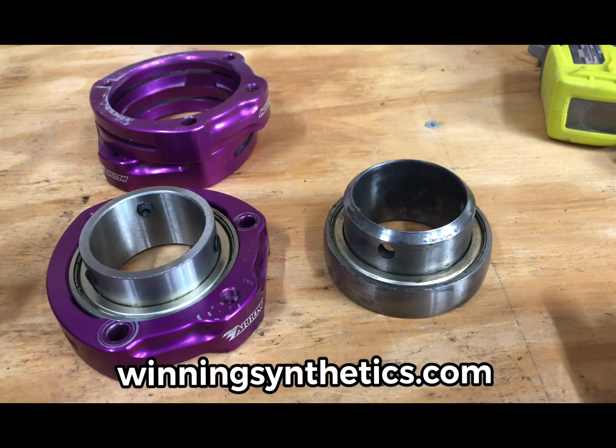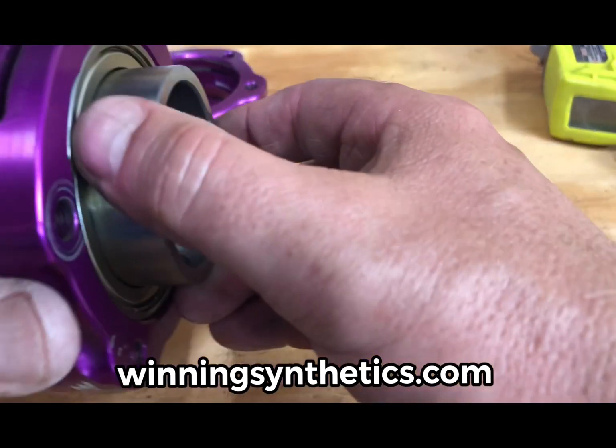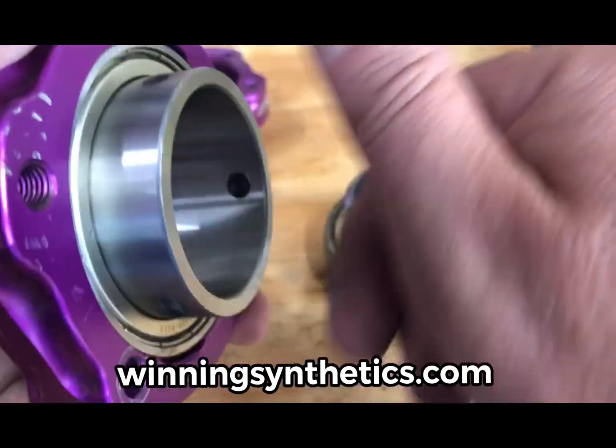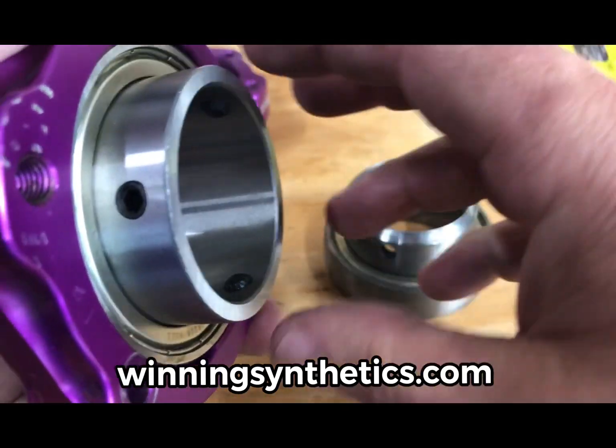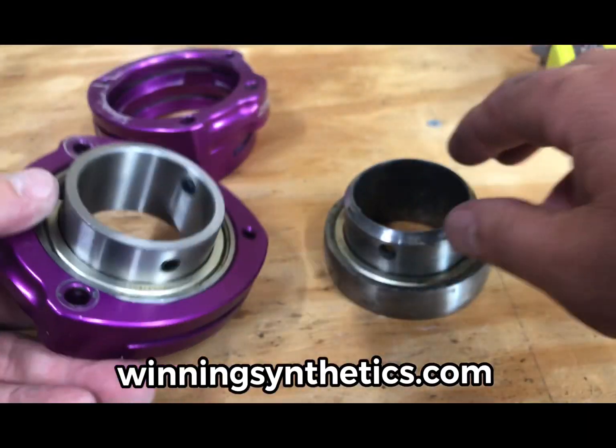Again, there were a couple of off-tracks where I dropped a wheel or two at the last race, and there was a tremendous amount of sand at the racetrack, and I just think that probably got in there and trashed those bearings. So here's what a fresh one sounds like. Hear that? Yeah, me either. So this, versus